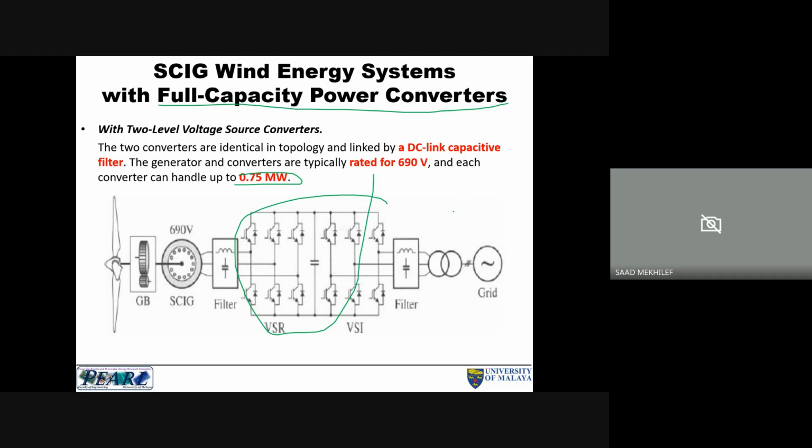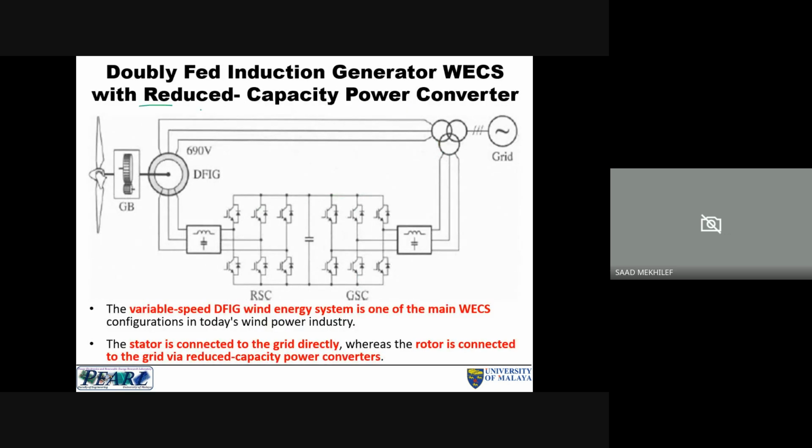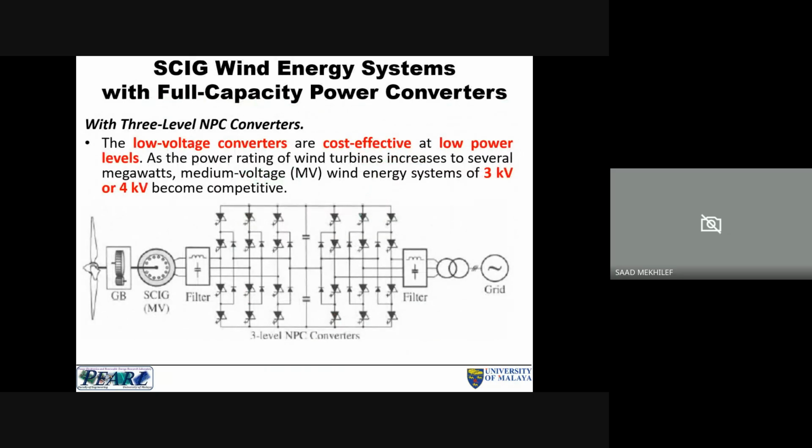Also, we can see this is with the full capacity, meaning all the power generated from the wind turbine passes through these power converters. Compared to this one, it's just a reduced capacity, not all of it. But here it is full. Also, we have full capacity power converters, and we use the 3-level NPC,